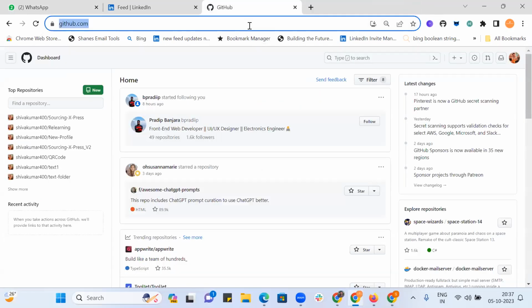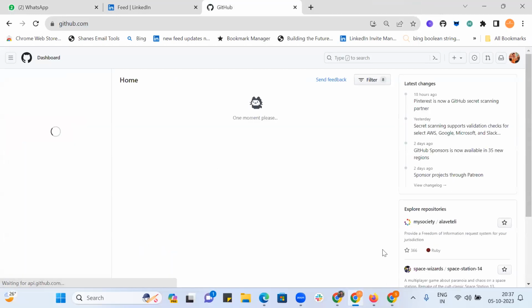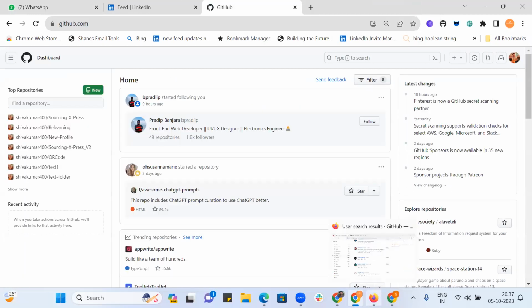So GitHub, I tried on Edge, I tried on Mozilla, but I think in all three platforms it's the same look. I'm trying to revert back to the old look, but I don't think there's an option now that is giving us an option to revert back to the old look. But again, as I mentioned,